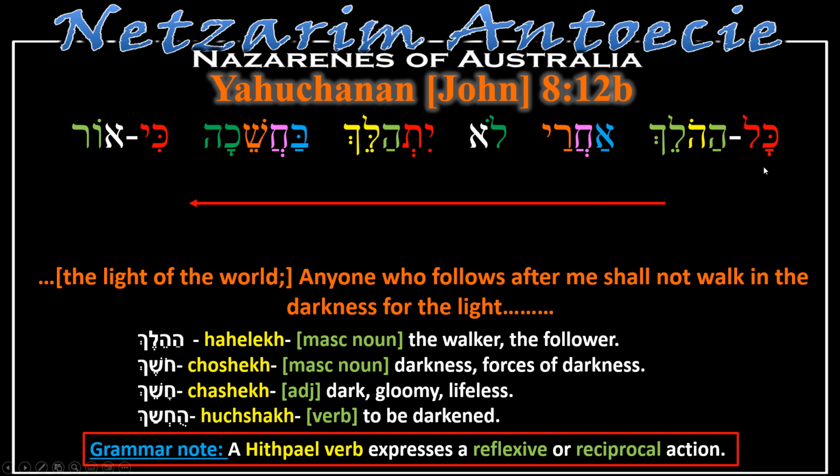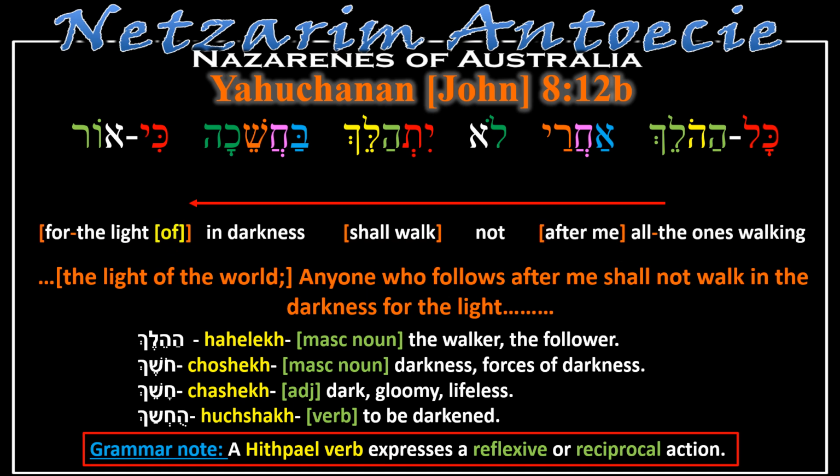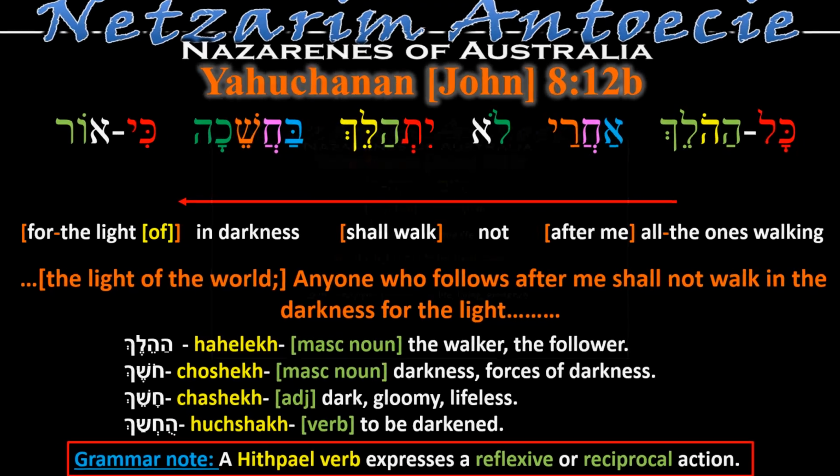And so let's read it. Now, why is this kol rather than kal? It's just a basic grammar rule in Hebrew, where when it's a first syllable with a closed syllable, where there's no vowel after the letter there, we can just say kol, meaning all. So kol ha-holek acharei lo yit-halek ba-choshek ki or. All the ones walking after me, not shall walk in darkness, for the light of,